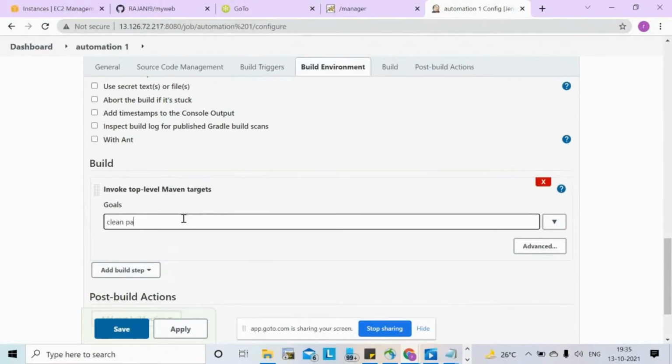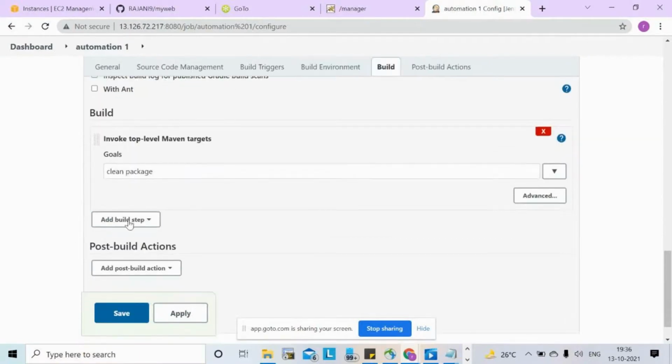Maven will generate clean package. So we'll do clean package.